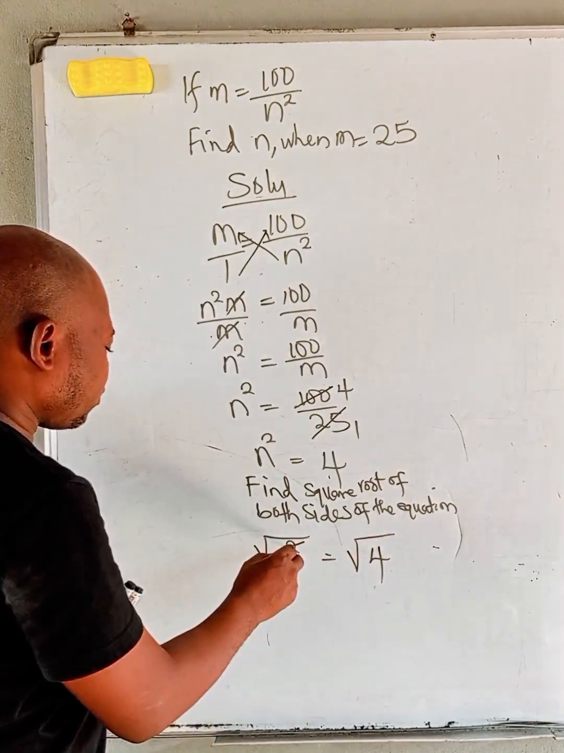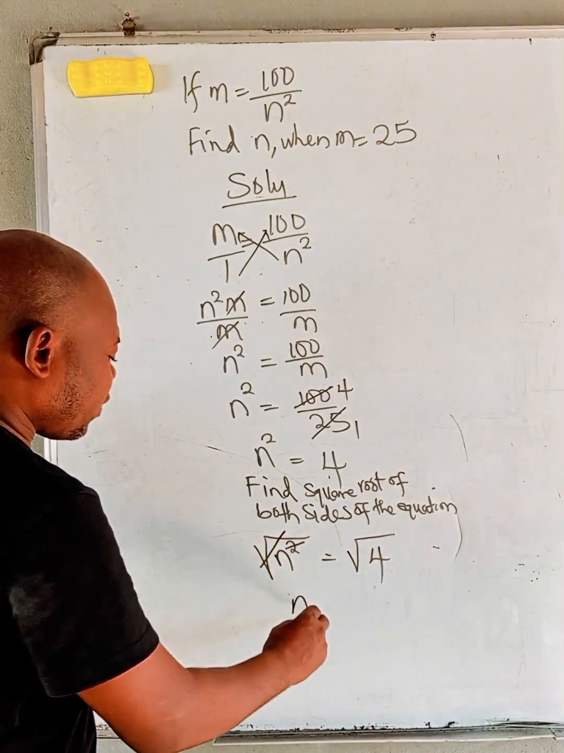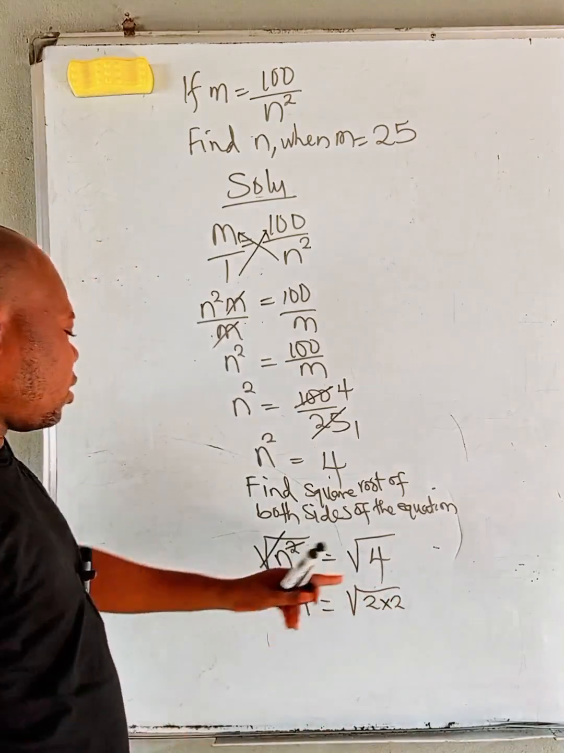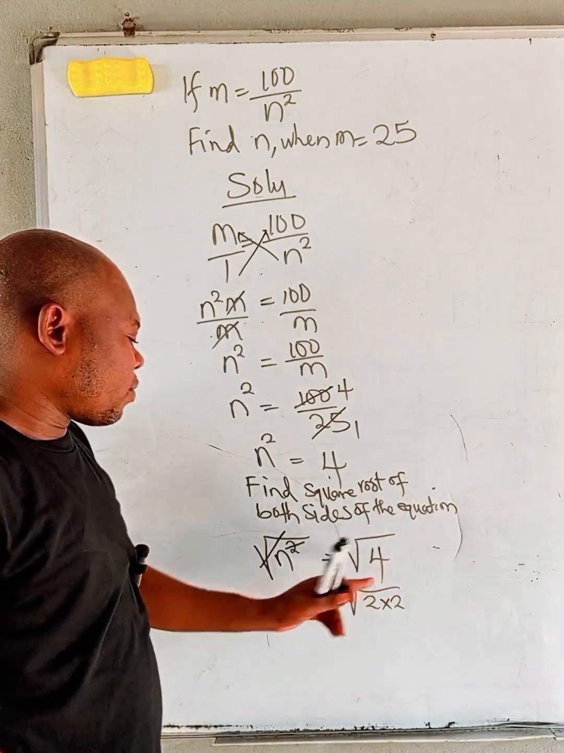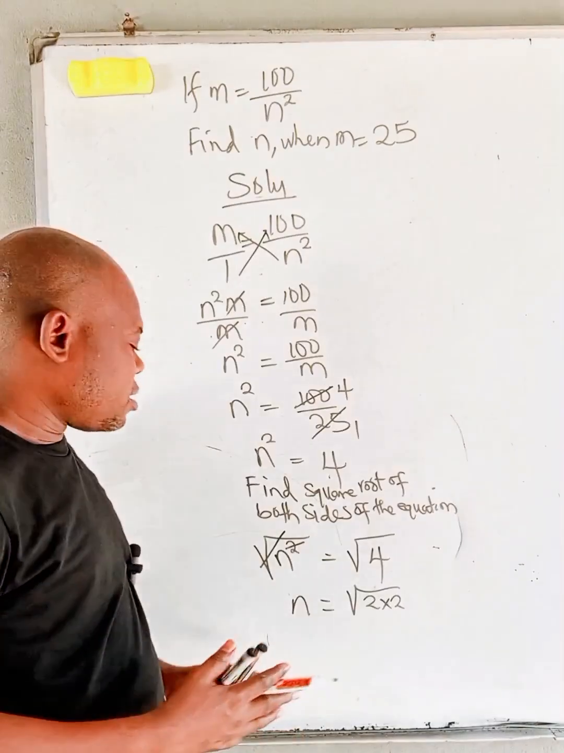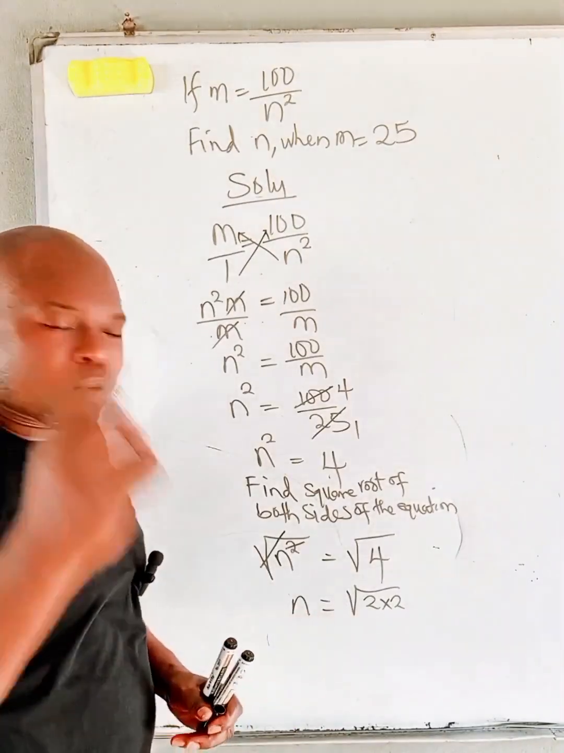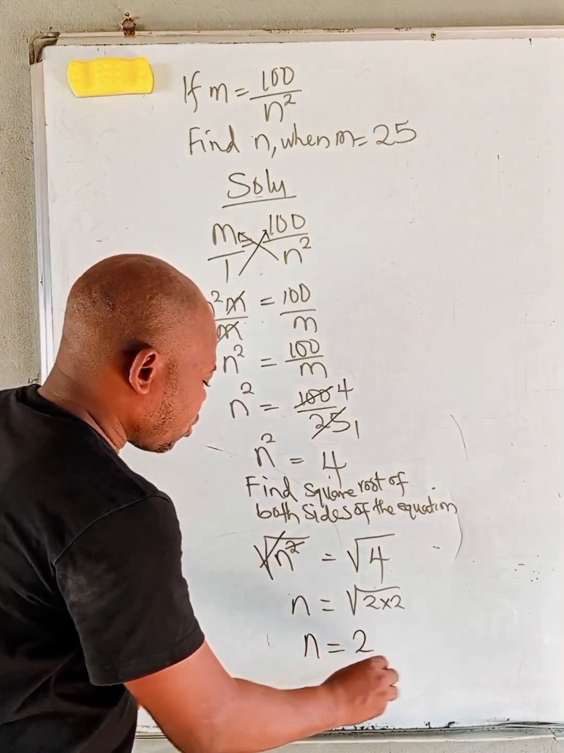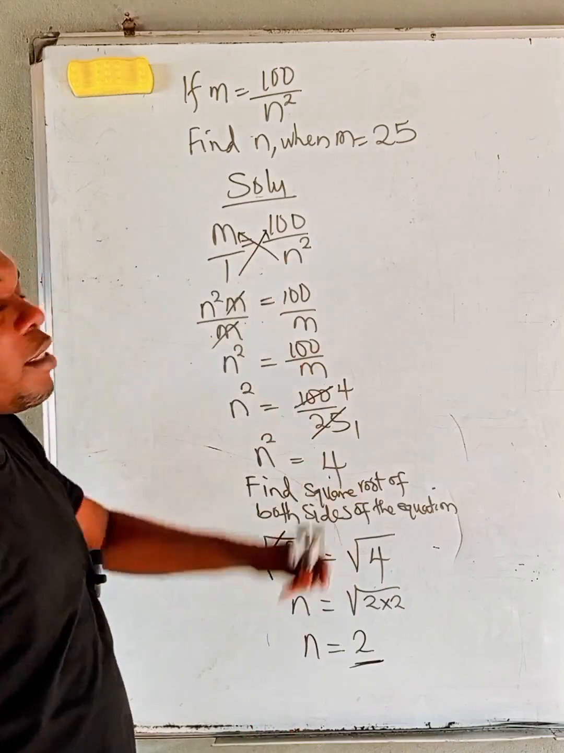This square cancels the square root. We have n to be the square root of 2 times 2, and 2 times 2 will give us 4. Whenever any number appears twice under the square root sign, we pick one to be the square root. So we have our n to be 2. So the value of n in this is